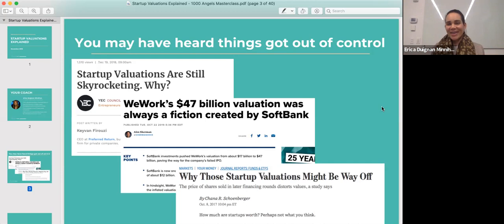We all know that didn't happen, didn't even come close, because people got smart towards the end and questioned the valuation, and appropriately the institutional investors that would have taken the round decided to pull out. So disaster averted, because it could have been a lot worse if they had actually been able to go through with that IPO, versus SoftBank actually taking a bit of responsibility for the situation it had created by overvaluing